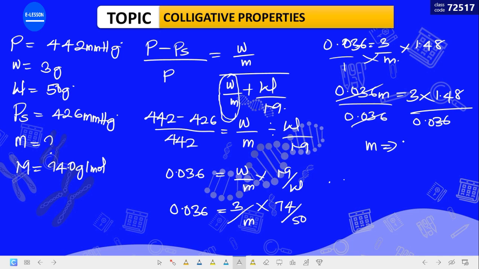And this will give us 123.3. And this is the answer, that is, if we consider this as very dilute. Now, how about if we consider this as not dilute? Because there are two cases that may be given to you. Considering that it's very dilute, you don't need to use that one. How do you solve for the not dilute case?